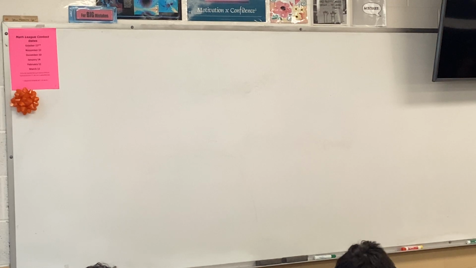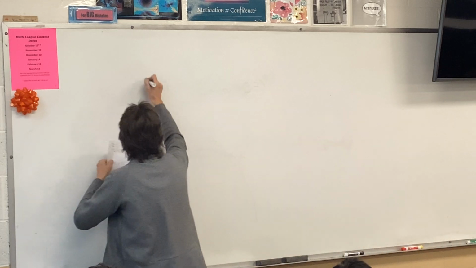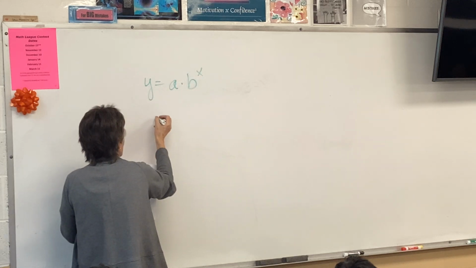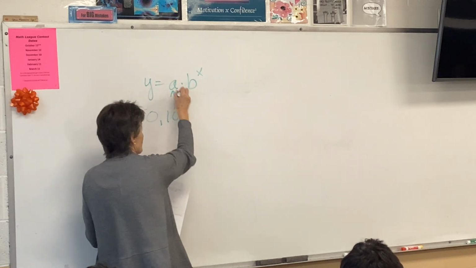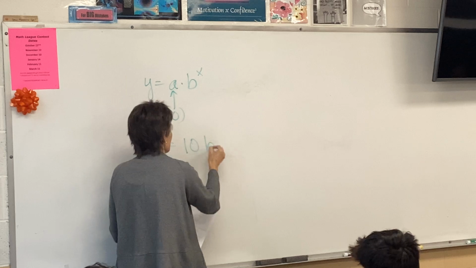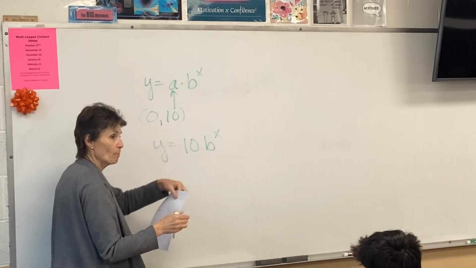My final answer: y equals a times b to the x. Exactly. So I'm going to do y equals a times b to the x. All right? Now, how do I do that? Who remembers? So my first point is (0, 10). So 10 is your a. Now we're all ready to plug it in. So then we plug in the other point,